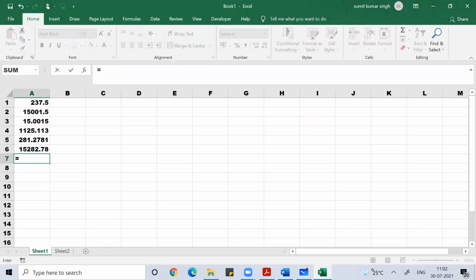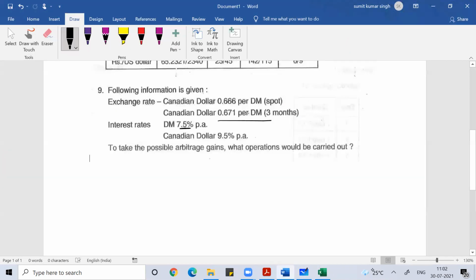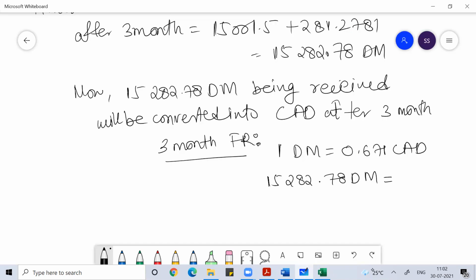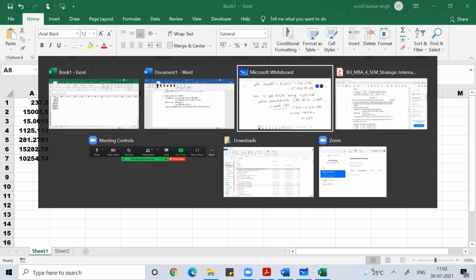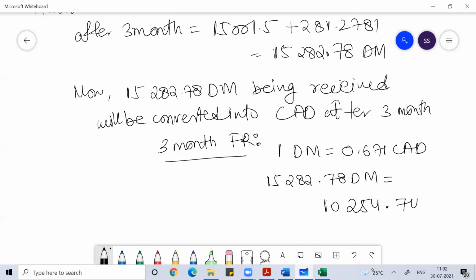This into 0.671 is 10,254.74 Canadian dollar. You will receive this much Canadian dollar, and how much you need to